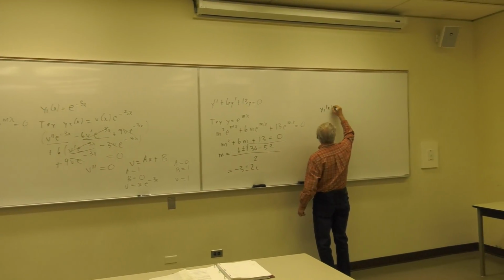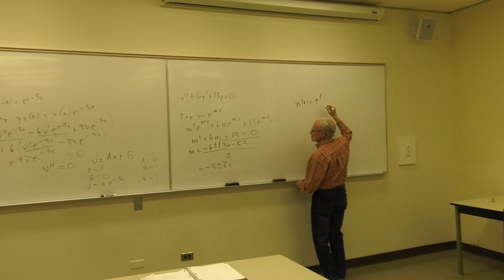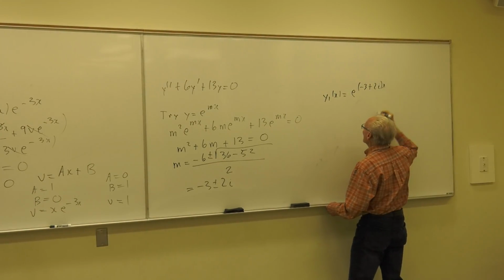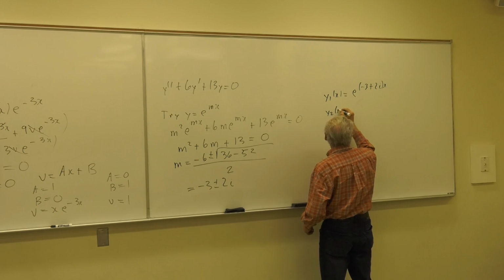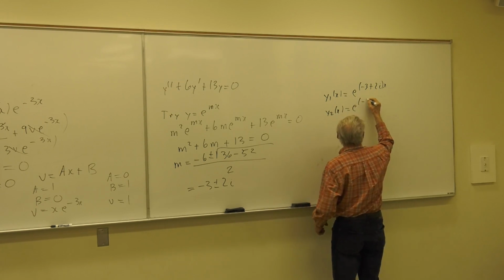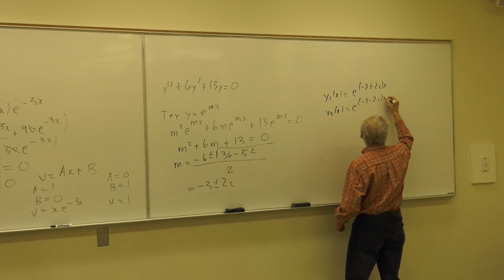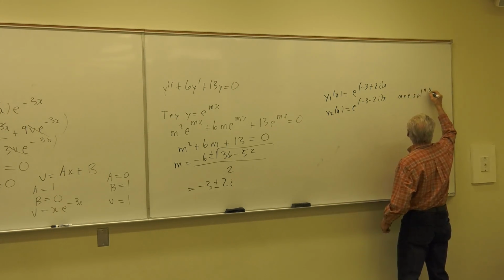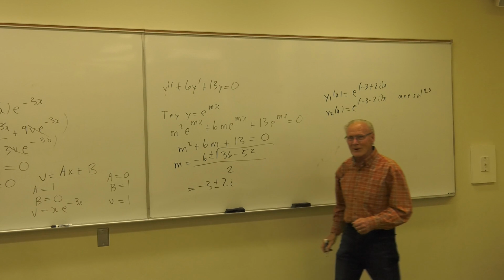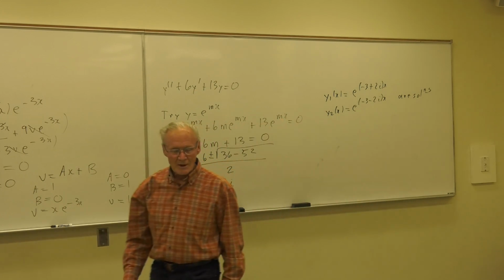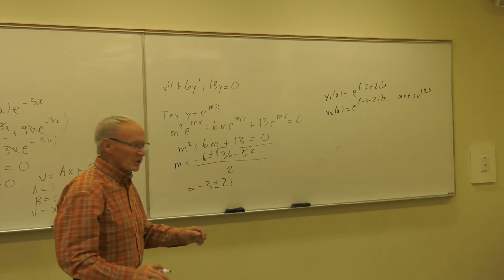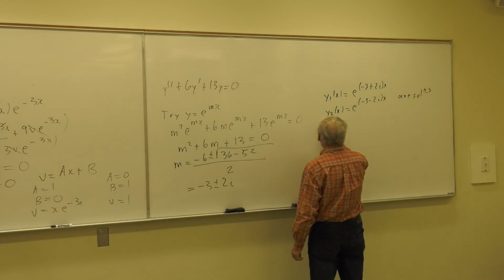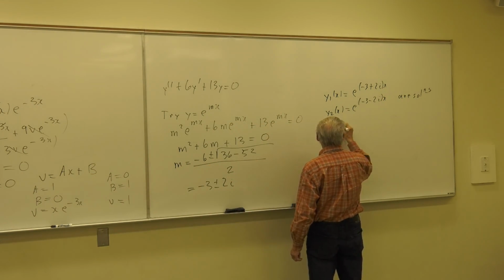y1 of x equal to e to the (-3 + 2i) times x, and y2 of x equal to e to the (-3 - 2i) times x. These guys are solutions. They're just not the kind that I want. I want real ones. Well, I'm still going to plug away and say, therefore, my superposition